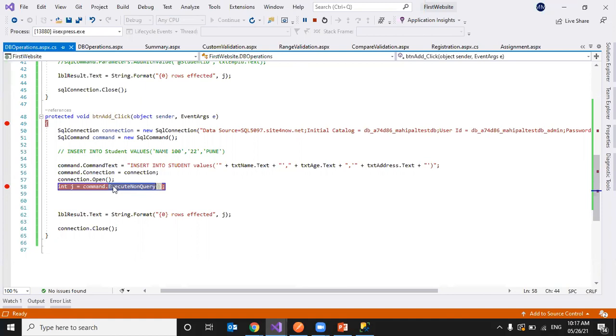First, it compiles the query, whatever query we wrote. Then it runs that query. During compilation, the database engine checks for syntactical errors, and if there are any, they are thrown as errors.